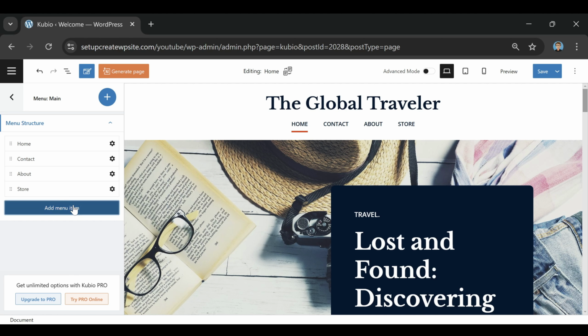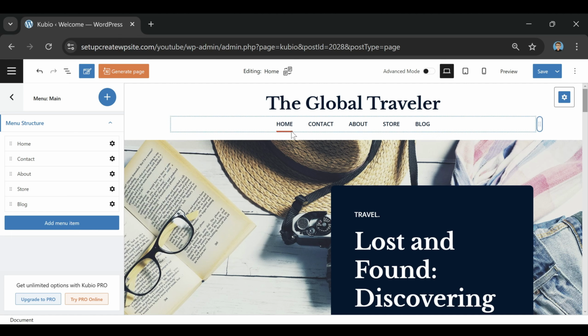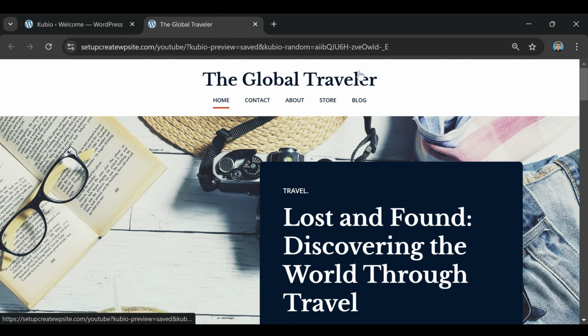And then we're going to add one more, and that's going to be blog. So under the item label again, just type in blog and then click on Add Item. All right, so now we have our 5 tabs right here. So after that, I'm going to click on Save. So now if we go and click on this preview button right here, it's going to give us a preview